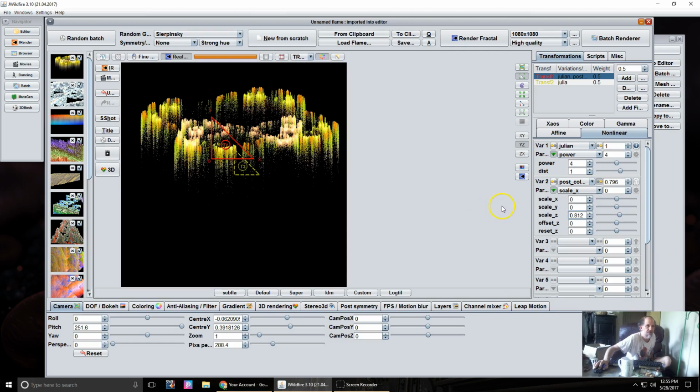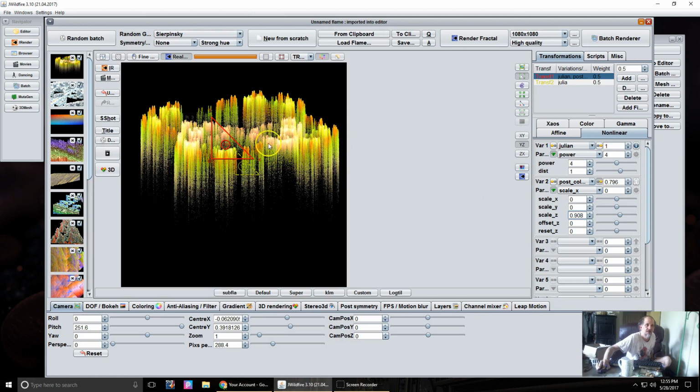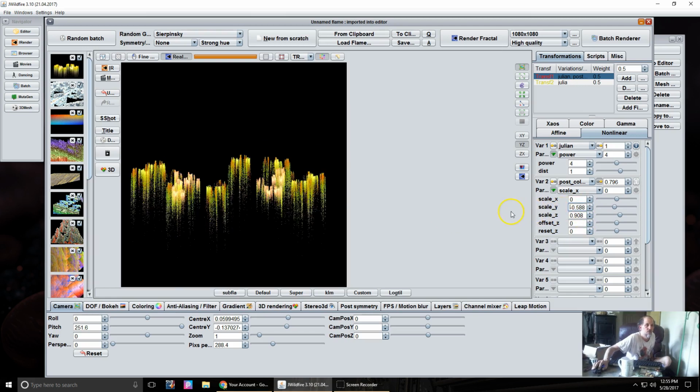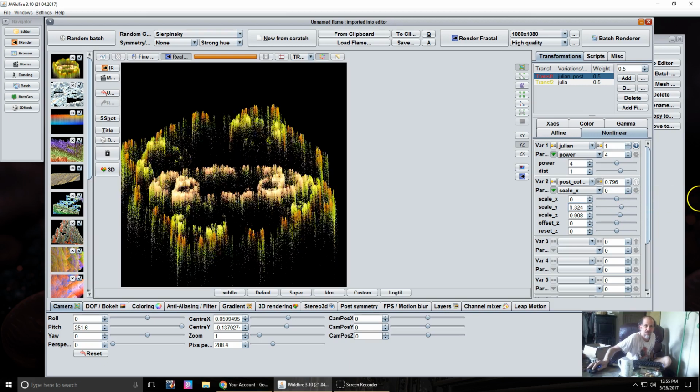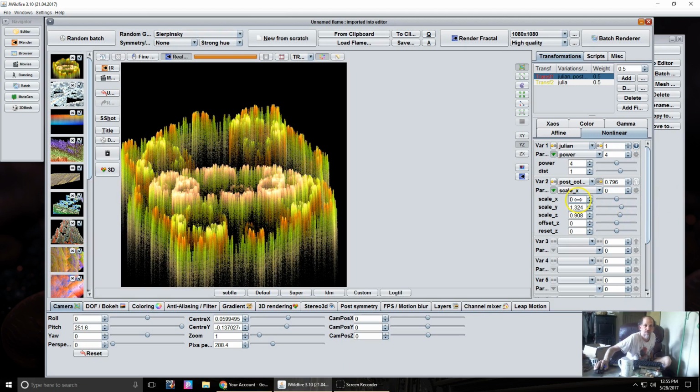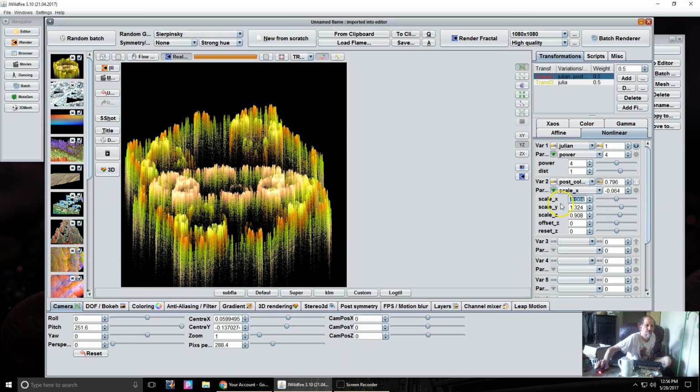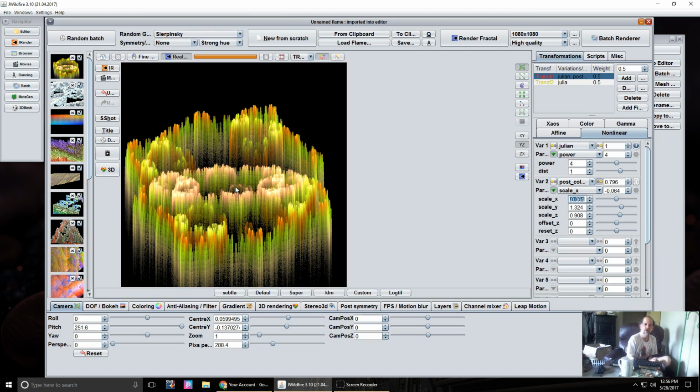And of course, now as we scale the Z down, you can also get another idea of how it can work with it. Scale the Z, scale the X. So hopefully I have given you a few ideas on how to use the